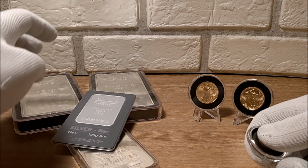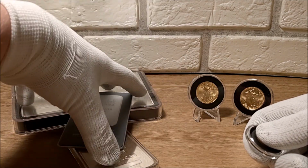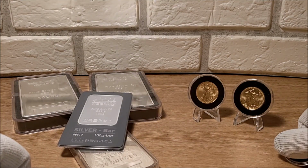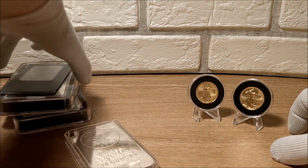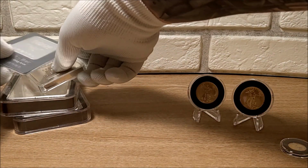So right now it's about 70-something to 1, right? So I would have to trade all this for this. Would I do that? Absolutely not. I would not do that right now. But let's say I go to the bullion dealer around here, and I meet another expat, or I meet